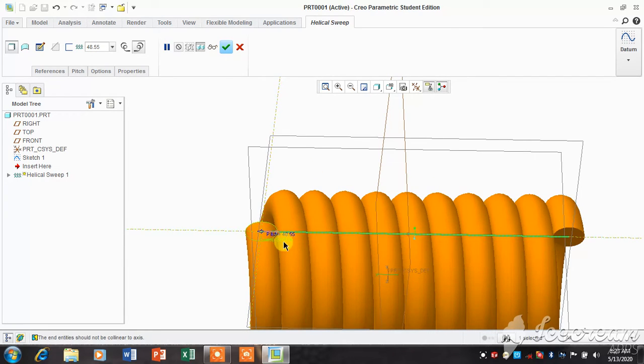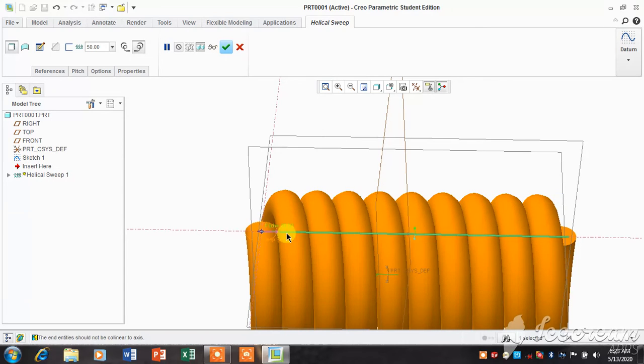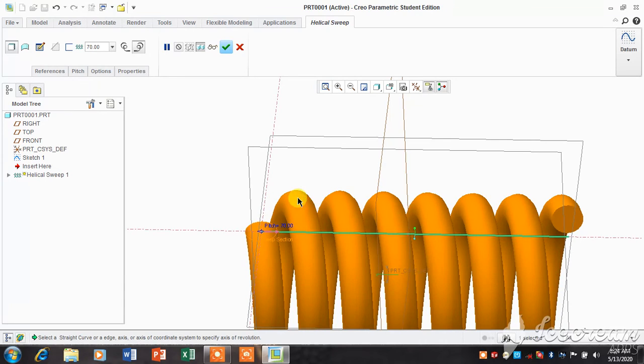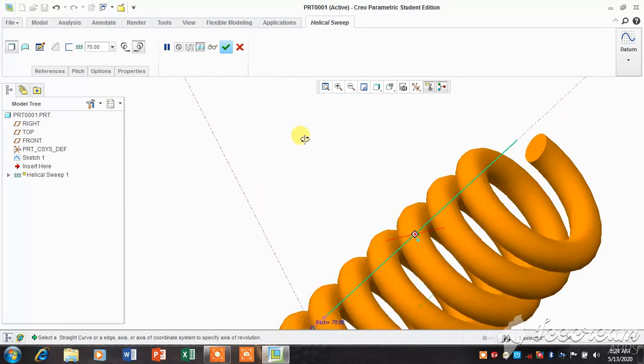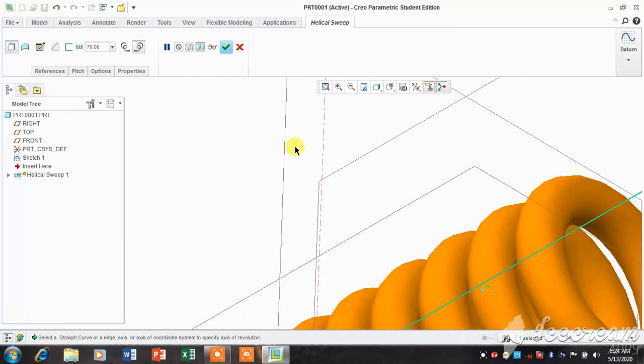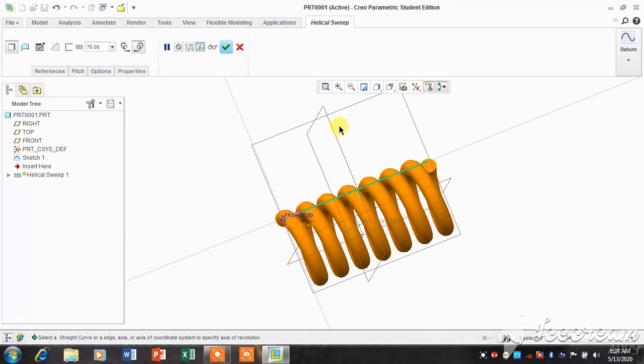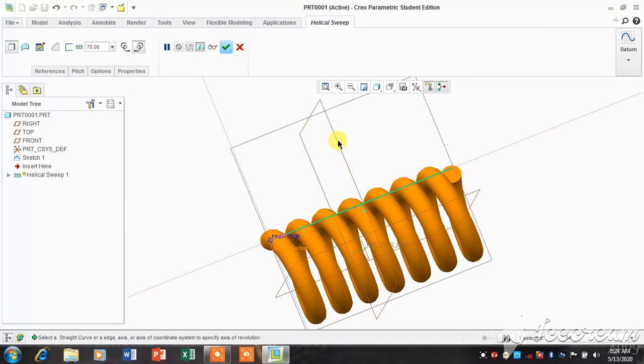We can also edit the pitch here. Whatever you want, you can change it, like 78. See here, a spring like this. So this is a helical sweep.